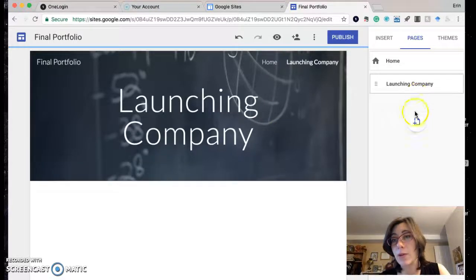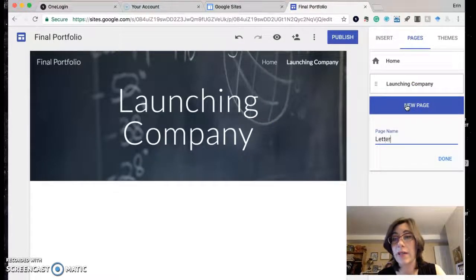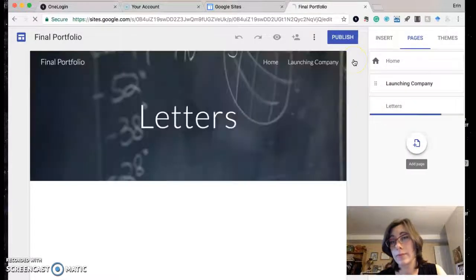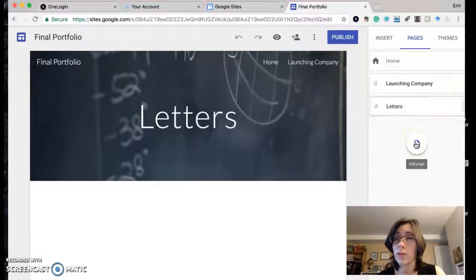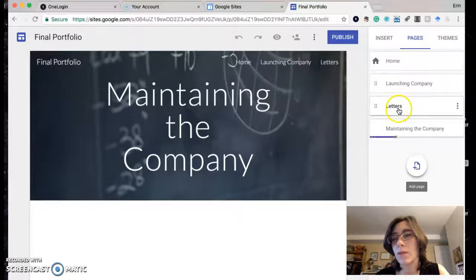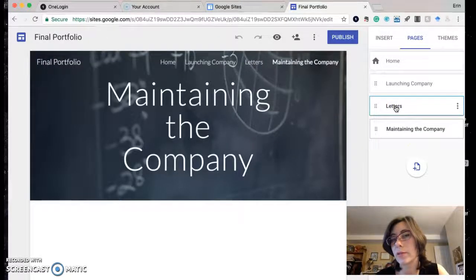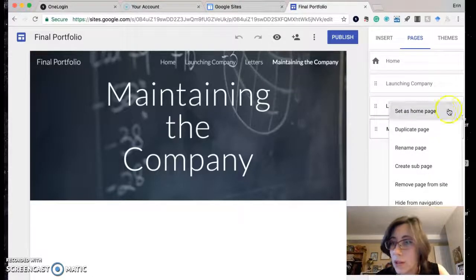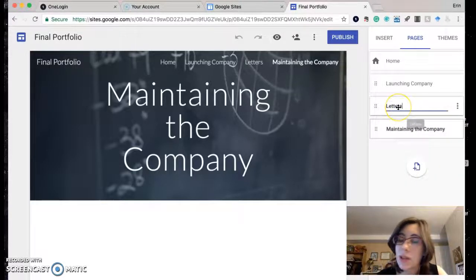Okay, and then maybe you want another page for letters. And then maybe you want another page for white paper and procedure. And so these are, maybe you could call them maintaining the company, or whatever you want. Launching the company, maintaining the company, and if you wanted to, you could rename the page and change letters to correspondence,